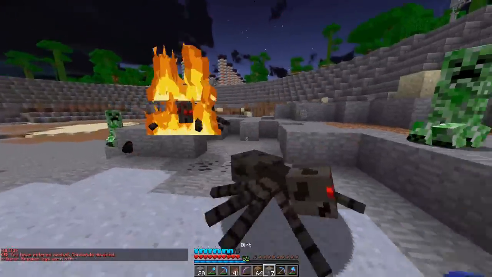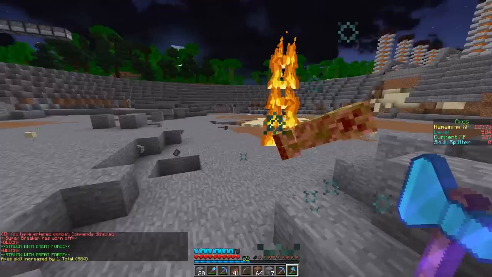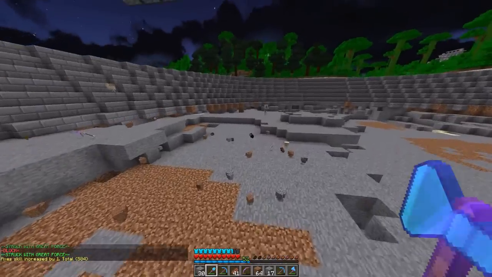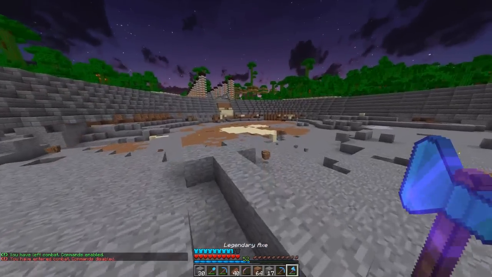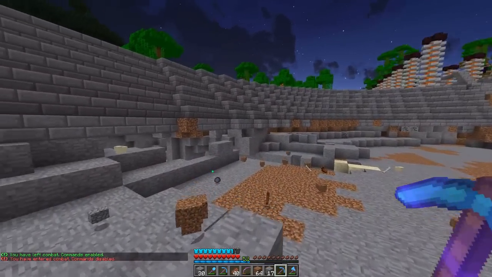I don't know why that guy's on fire, man. What the hell? Alright, so looking at this whole overview, we have this layer we gotta get rid of. We've got a fair amount of stone that we have to get rid of, which is a little bit of a pain, but I'd rather get rid of stone than dig around or place any more of these layers, because this is just...